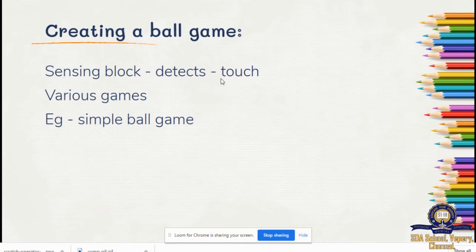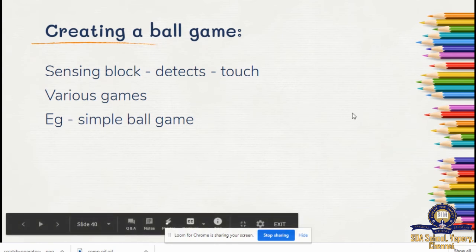Ball game. First, we have to open the Scratch window, then delete the cat sprite. Then we have to create a ball from the choose sprite, and you have to create a paddle and a red color line. Those are the three sprites needed for this ball game. Then we have to create a different background. Now we'll see how to create. This is a big process, but still it is very interesting.